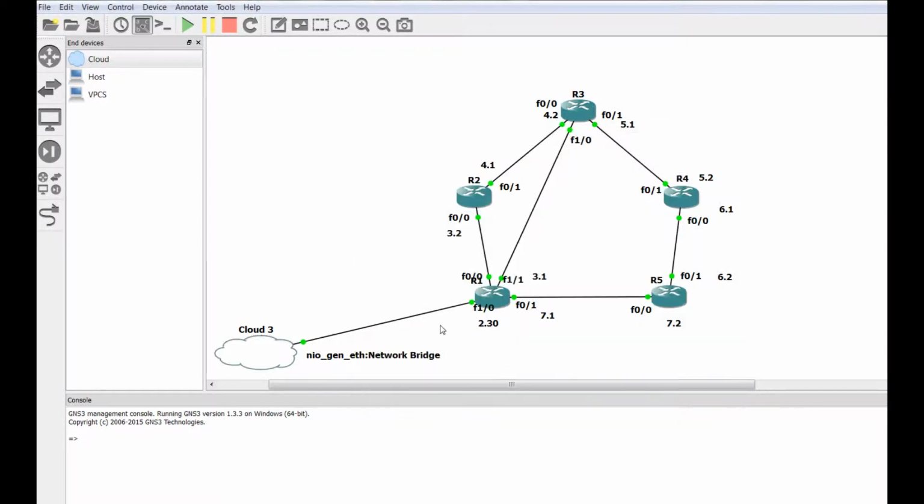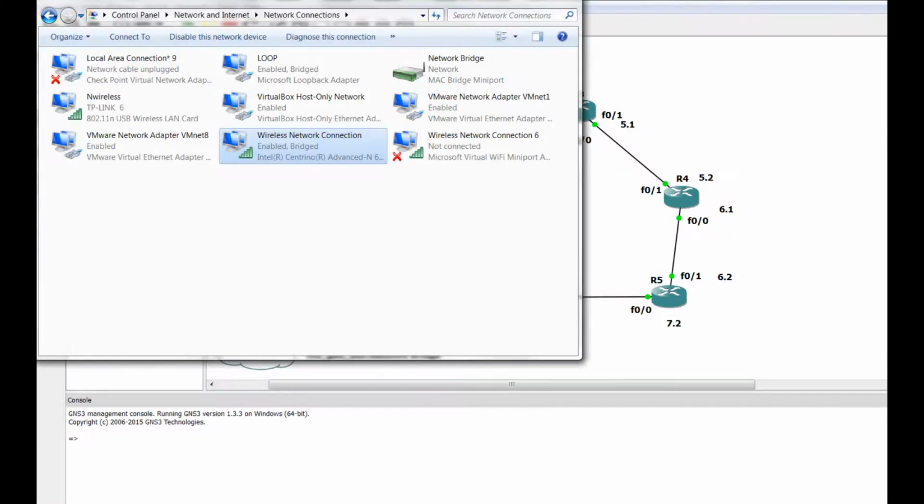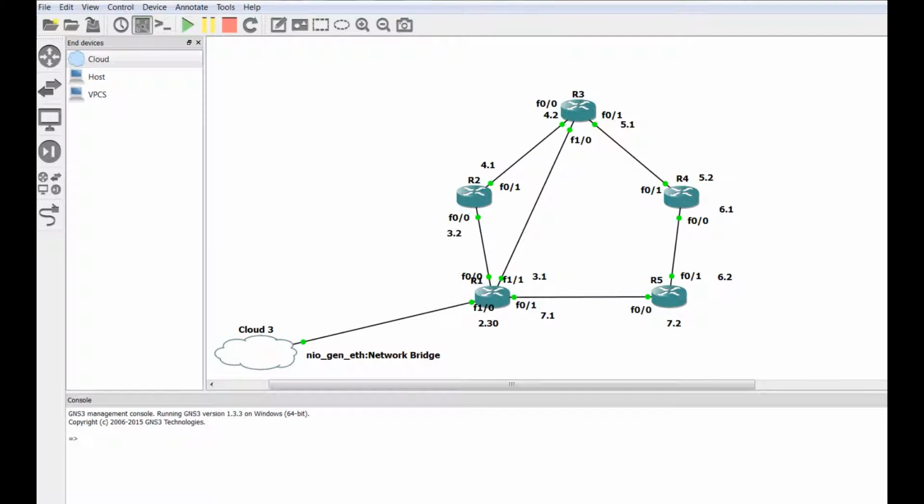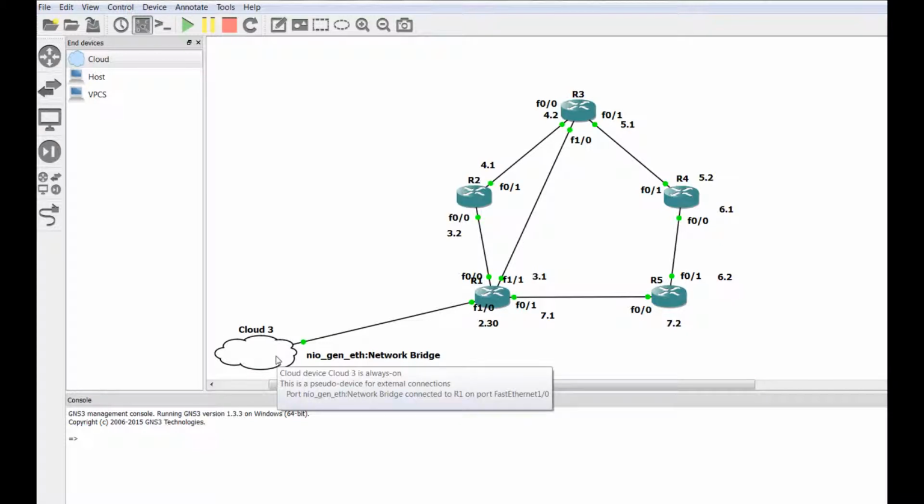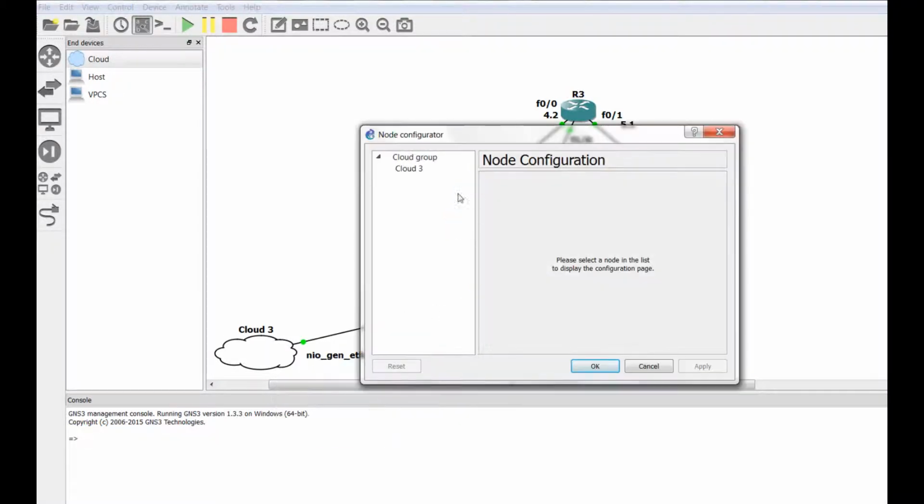If you have issues connecting your virtual routers to your physical network, I suggest either using a physical network card instead, physical network wired connection, instead of bridging it to a wireless connection, or you can create a Microsoft loopback adapter and bridge that to your wireless NIC, which is what I have done here, and I added the network bridge as the adapter